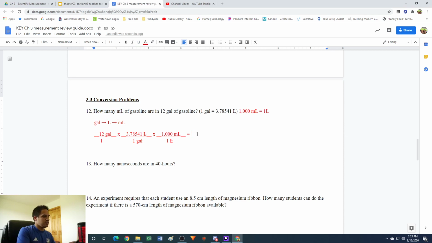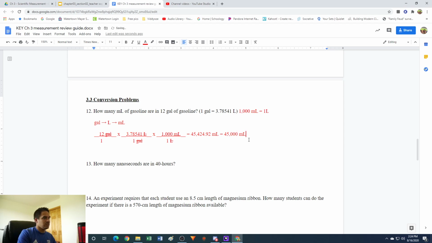All right, so all we need to do then is take 12 times 3.78541 times 1,000, and I get 45,424.92 milliliters. And then we are going to round this to two significant figures because this 12 gallons here that we began with only had 2 sig figs, and these other numbers have more. So 2 sig figs means we're going to keep the 4 and the 5, and then this 4 is going to keep that 5 of 5. So this is going to round down to